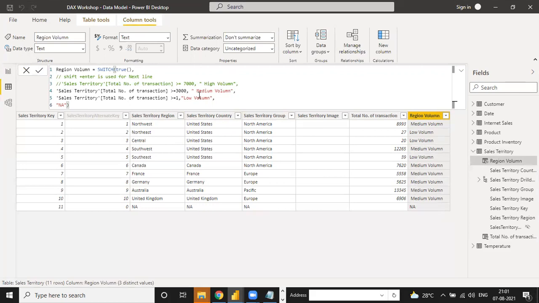Sir, that is not what I am asking. The first step is greater than or equal to 7,000. Then the second step is greater than or equal to 3,000. But if the first step is greater than or equal to 3,000 and the second step is greater than or equal to 7,000, then the second step is not executed in this situation, because you have to put it in order.